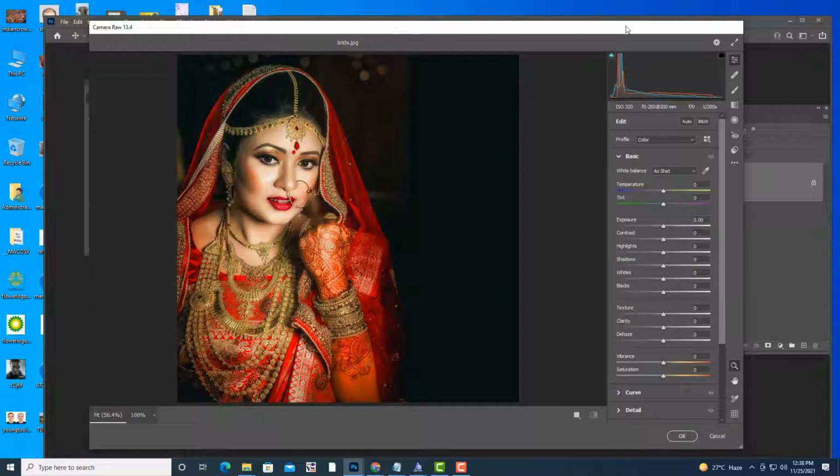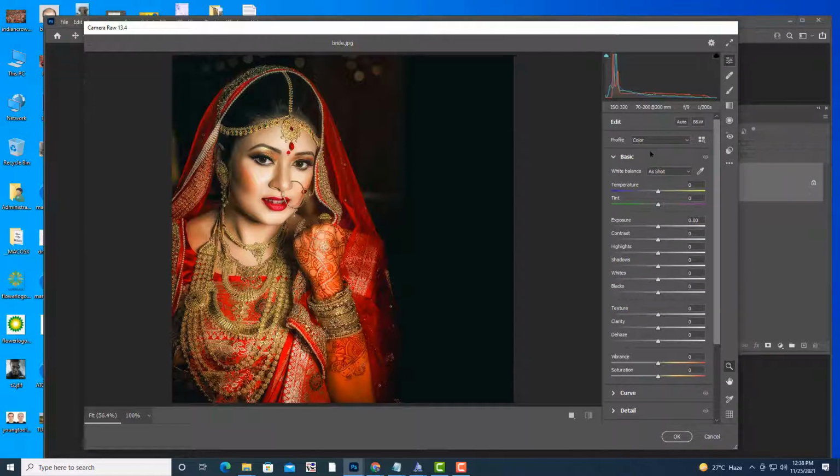This is very useful for photographers because all the settings necessary for a photographer are available in this camera raw filter. At the top you have options like temperature, tint, and at the bottom we have exposure, contrast, highlights, shadows, etc. First we will see the top options.